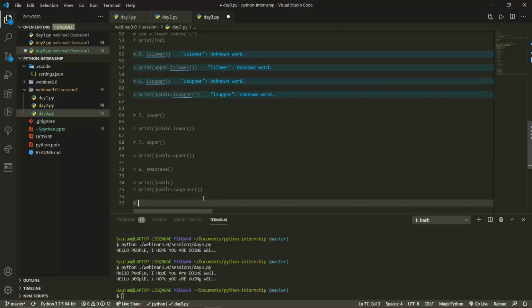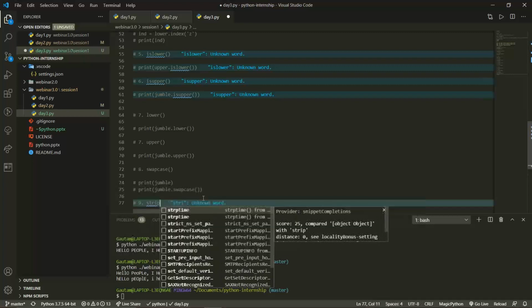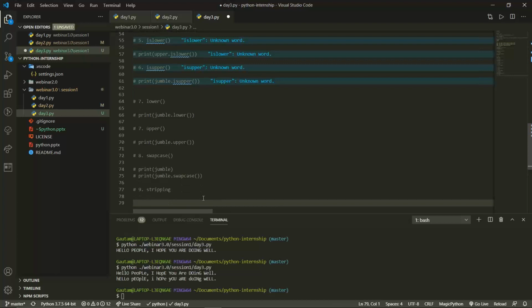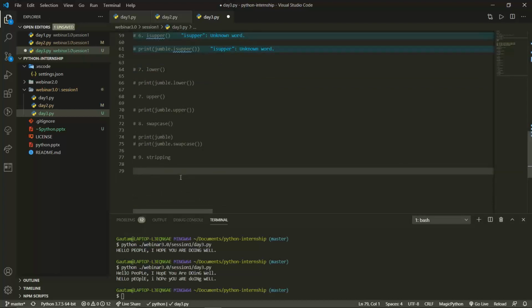let us take example 9, and this is stripping. Let us take a variable, and inside that we'll pass on some data like AAAA, hello, I am a good boy.